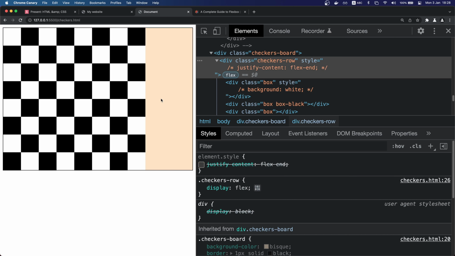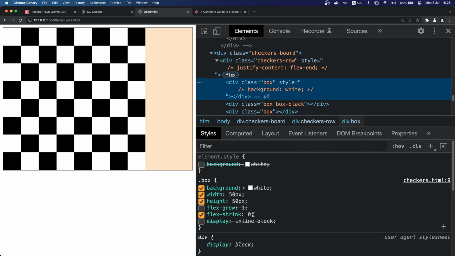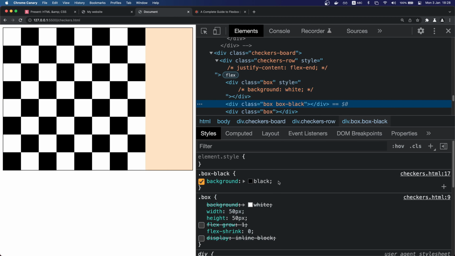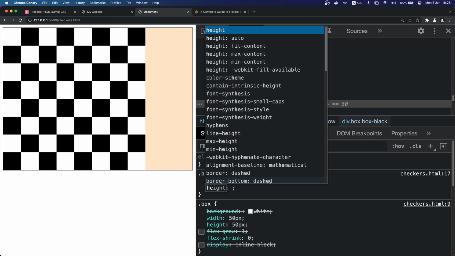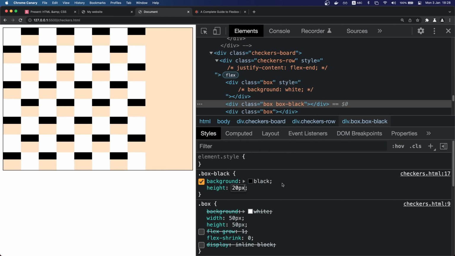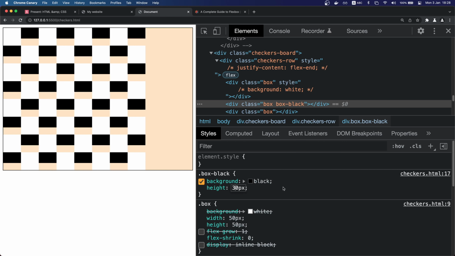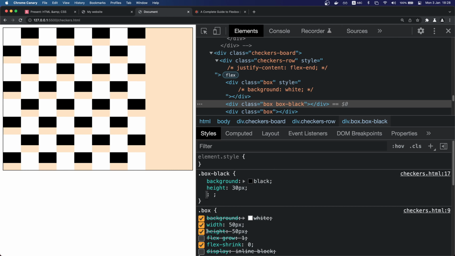Okay. Other than that, let's assume that some of the boxes have different heights. Everything which is box black, and I'm deviating from the checkers board just for this example. Of course, this is a checkers board, but I'm deviating from it to explain something. So we'll use a height of 20 pixels. Let's do something a little bit more. Let's do 30 pixels. What I'm saying here is that all of the boxes have a width and height of 50 pixels. All of the boxes that also have box black have a height of 30 pixels, so it overrides the height of 50